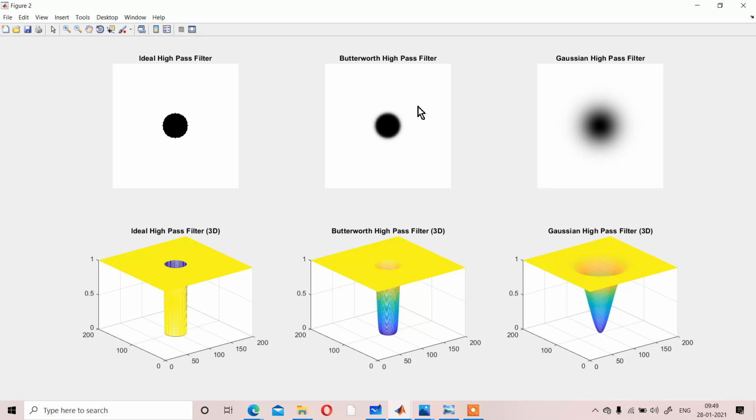Okay, so that is the effect happening over the low pass filters and high pass filters. So now if we use that type of filter over an image, what is going to happen, that you can see now, or I can show you now.